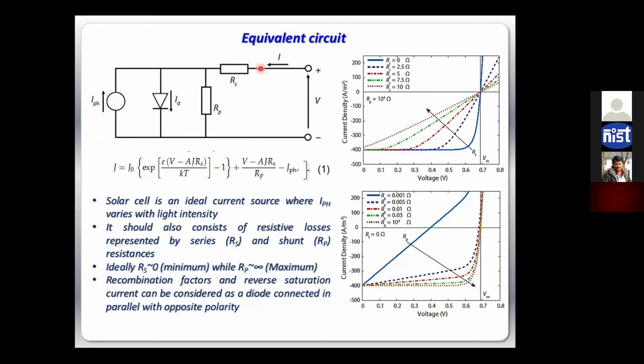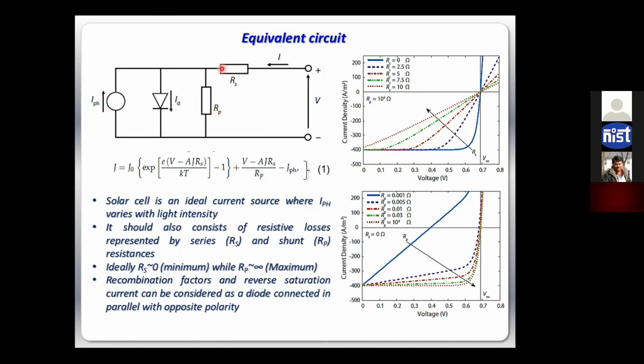So ideally, we don't want any resistance in the series of the circuit, right? Because we want our charge carriers to flow freely. So ideally, for a very, very good solar cell, this RS should be 0, and this RP, that belongs to the leakage, right? So this RP should be infinite. So for an ideal solar cell, I want my RS, the series resistance, to be 0, and the parallel or the leakage resistance to be infinite. But that is not possible, but at least we try to keep them as minimum as possible in the ohm scale, and as maximum as possible in the mega ohm or giga ohm scale, right?